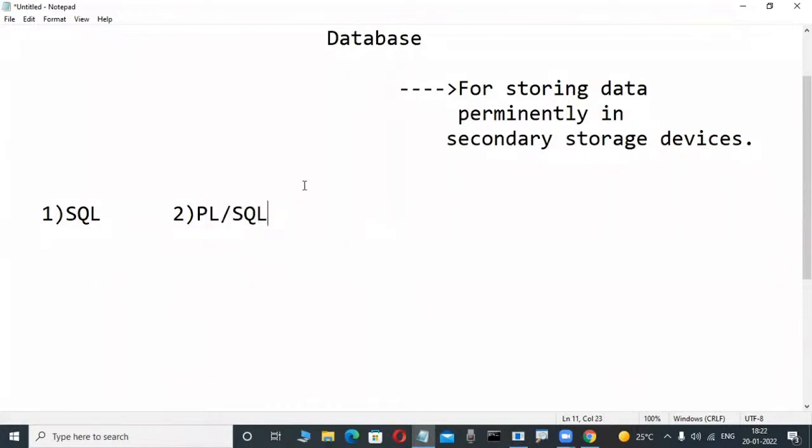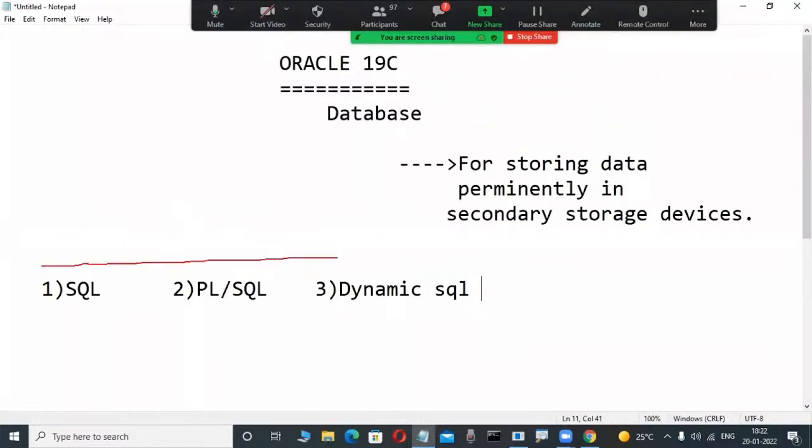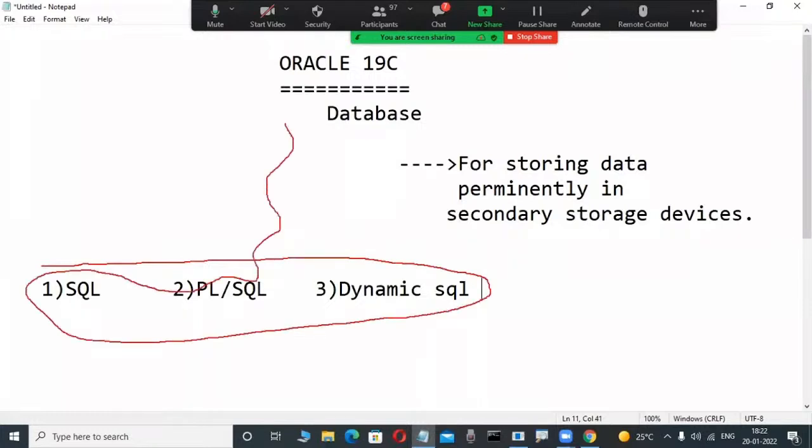Not only these two, but in a company we are also using another language, Dynamic SQL. Dynamic SQL is a small one only, because if PLSQL knowledge is good, then it is a little bit of extension. Dynamic SQL language. You have an idea of these three languages. And here, through these three languages we are operating